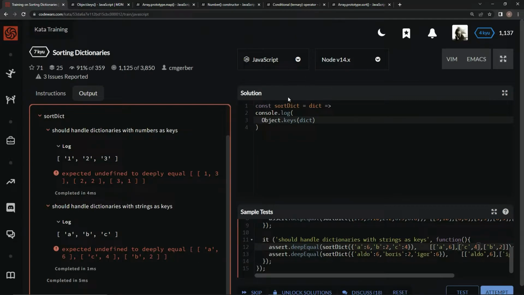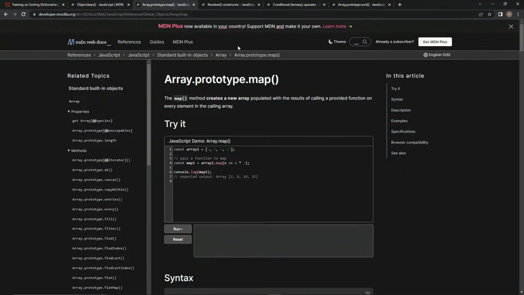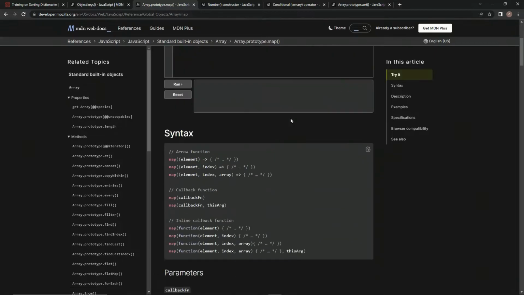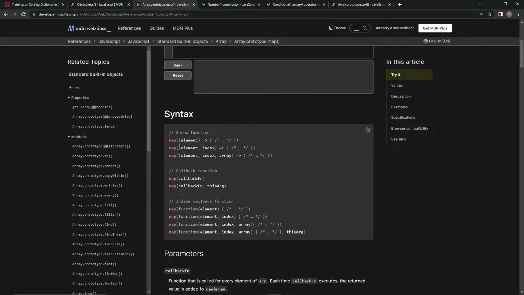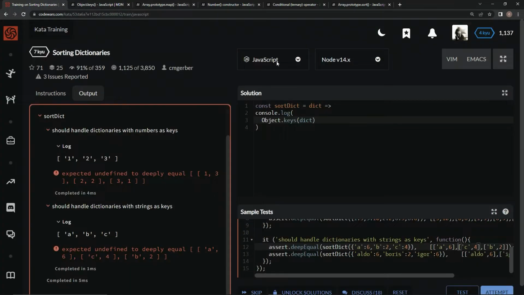So how we're going to do that is we're going to use the map method, which creates a new array populated with the results of calling a provided function on every element in the calling array. So the syntax we're going to use is going to be map. We're going to use the arrow function syntax, and we're going to have map here, an element with an arrow, and then the expression that we're going to make every element do, basically. So we're going to say .map, we're going to say element,